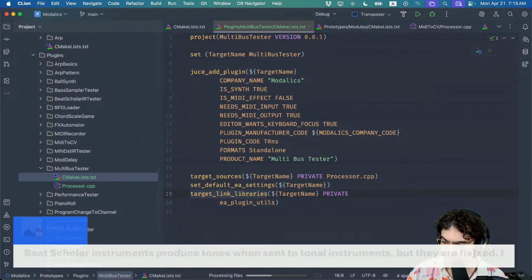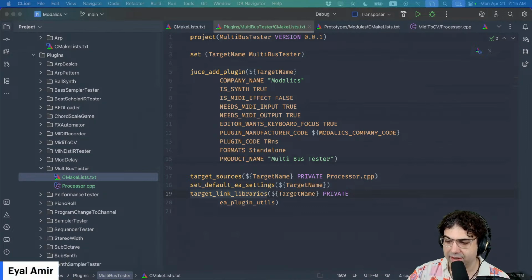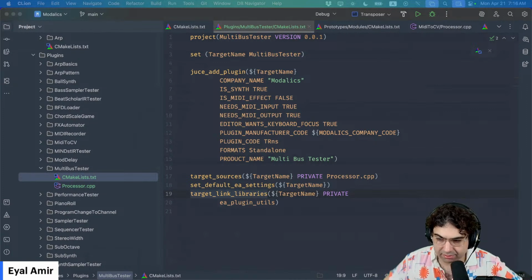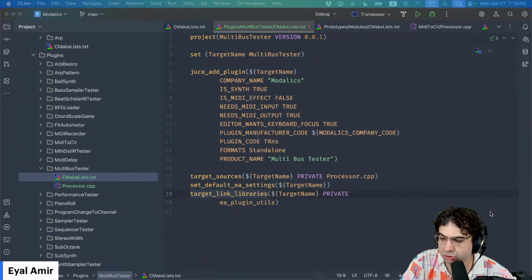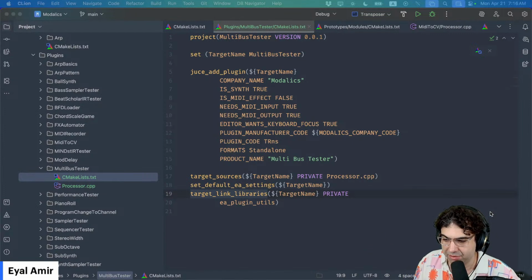So the question is, BeatsColor instruments produce tones when sent to a tonal instrument, but they are fixed. Yes. This is a good point about the way the BeatsColor sequencer works. The BeatsColor sequencer was originally meant for drums, so it has a pitch like C3, but that C3 is usually mapped to some kick drum or snare drum. And you can change that, right? If you go to the map,